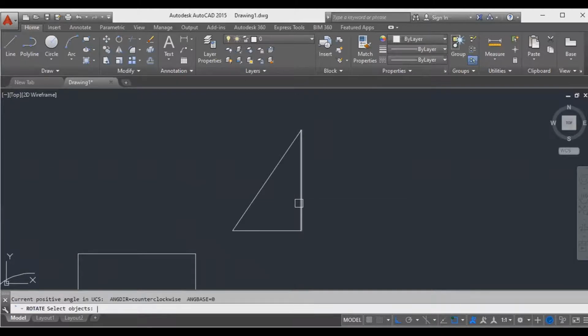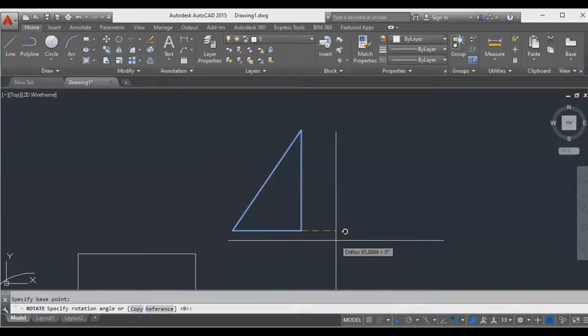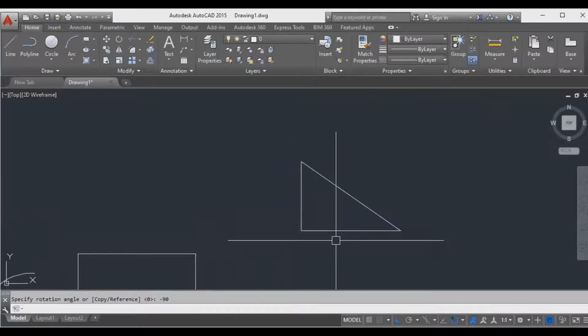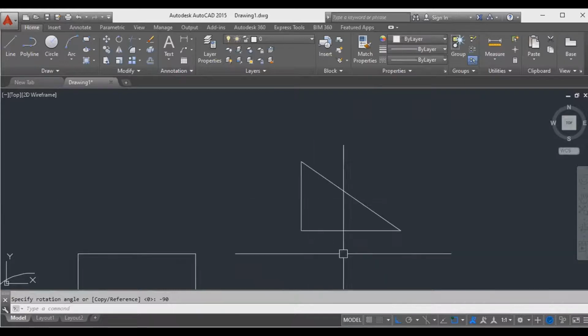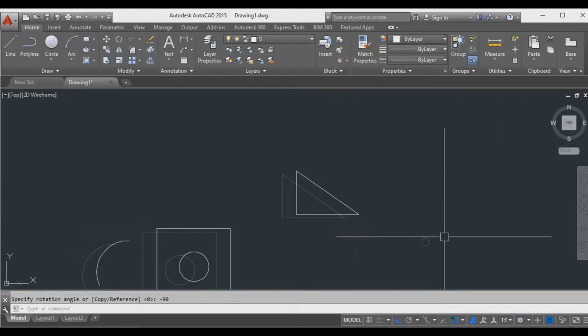If you want to rotate in the clockwise direction, select, rotate. Now I'm going to choose minus 90. I don't know whether it's working or not. Yes, it's working. If you want to rotate in the right direction, the clockwise direction, you have to use the minus value. If you want to rotate in the left direction, no need to use the minus value, just give the value to rotate. Okay. So this is the rotate command.